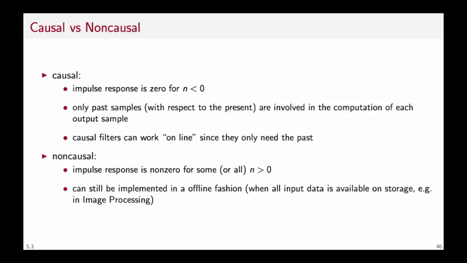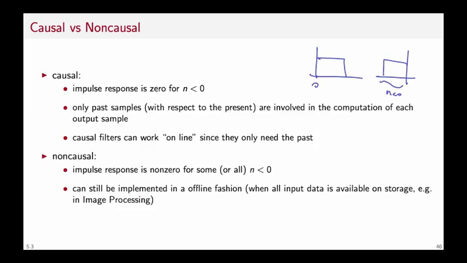A non-causal filter, on the other hand, is a filter for which the impulse response has some non-zero taps for positive values of the index. In other words, non-causal filters will need samples from the future in order to be able to compute their current output value. As such, they can of course not work in real time,